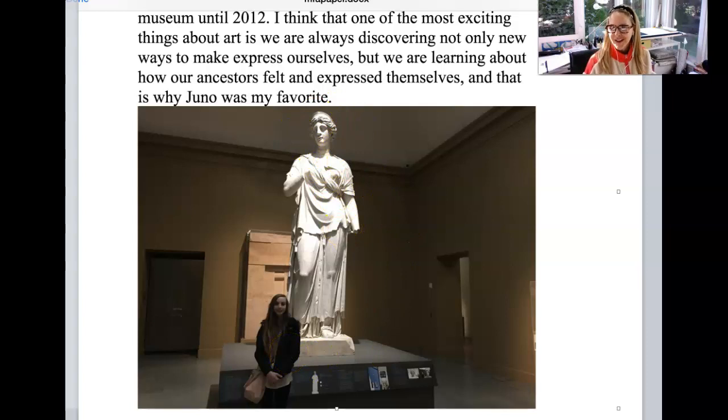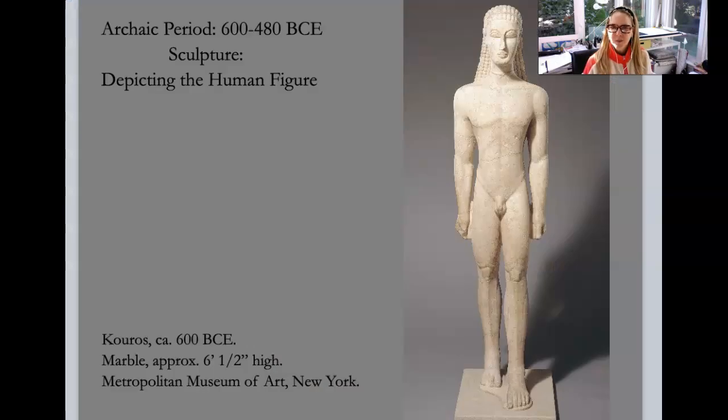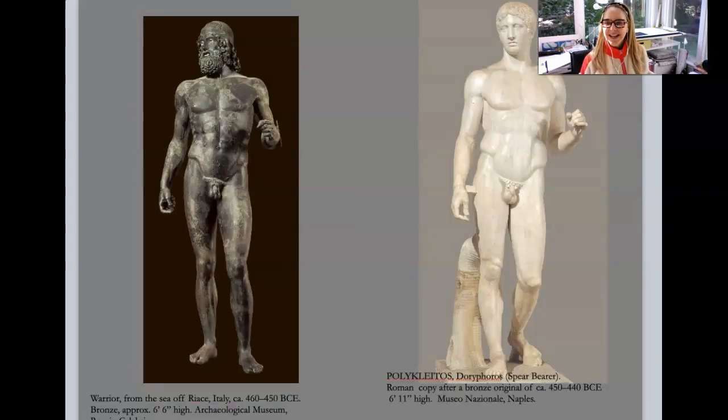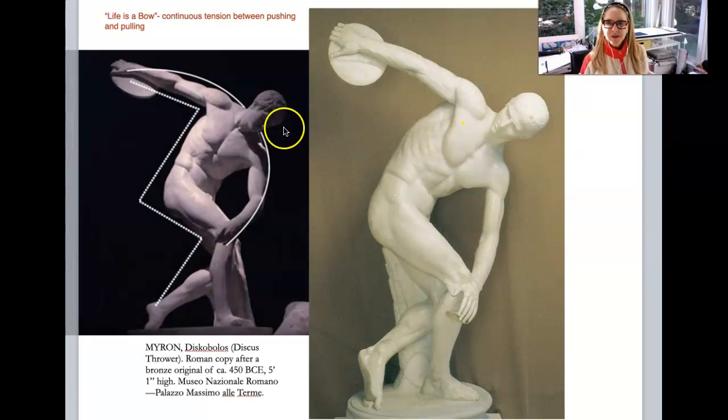So I'm going to be talking about all of these next class, but what I really want you guys to understand is that in a very short period of time, we're going to go from this style of representing the human figure, typically Egyptian, right, standing straight, shoulder straight, hips straight, one foot in front of the other, to the Greeks who miraculously in stone learn how to show the body in motion, right? So we're going to go from this to this to this, and ultimately to these incredible sculptures.